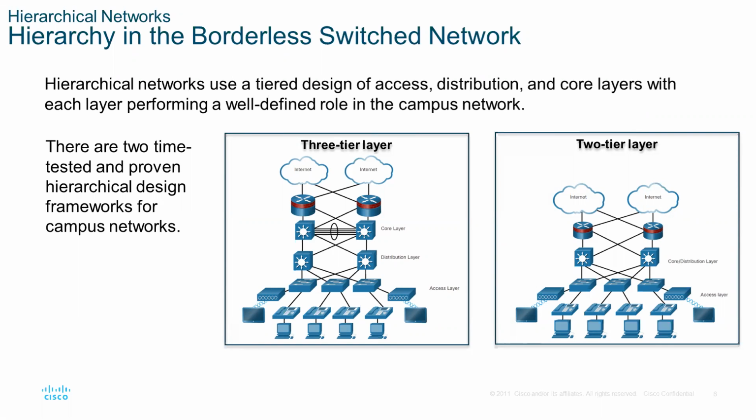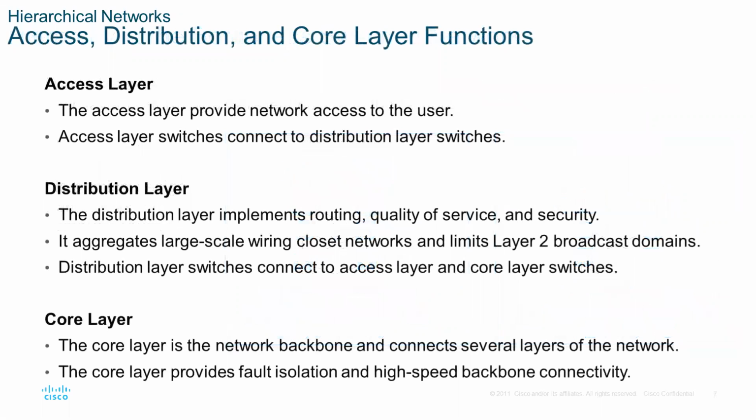Or what we need to do is build to a principle, and the principle is an access layer provides access to the network. This is where the user's devices access switches, and these switches are connected to the distribution layer. The distribution layer implements quality of service, security, and routing. So this is where